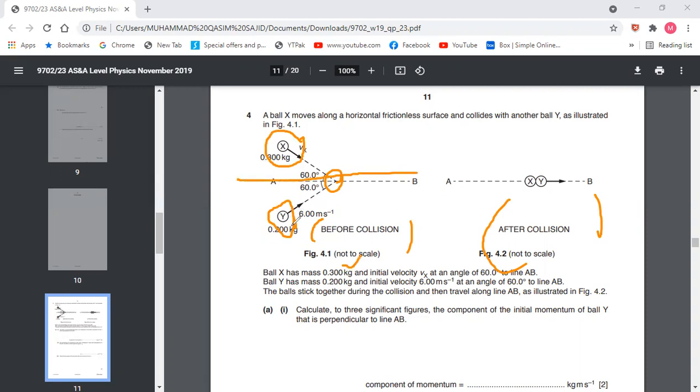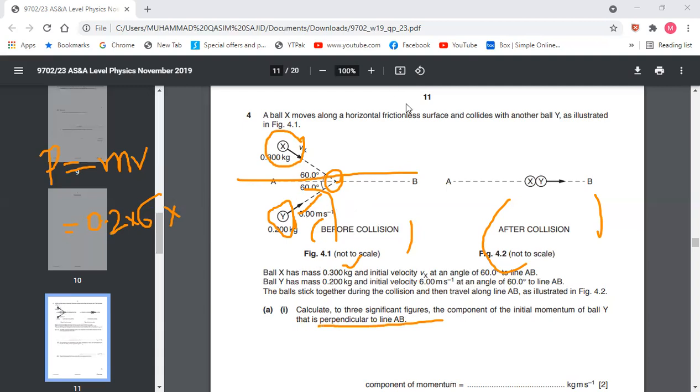So the initial momentum of this ball, that is this ball, depends on, as we know, momentum P equals M into V. Now there are two parameters. So the mass basically is 0.2, and the velocity is 6. But they are making some angle. This angle that is